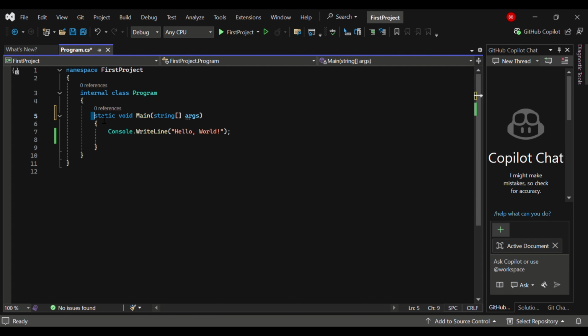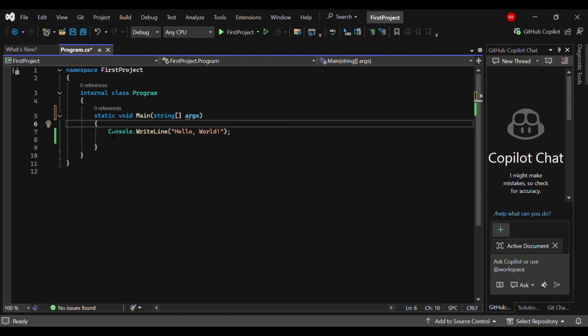And the static keyword basically means that this function belongs to the class itself and not any other instance of the class. We are going to learn about instances later on, so don't worry. And the main function is basically the first function that gets executed when we run our code. And the string args thing over here is basically written to accept command line arguments. So we'll also be able to pass things to this program, such as files and stuff, right from the command